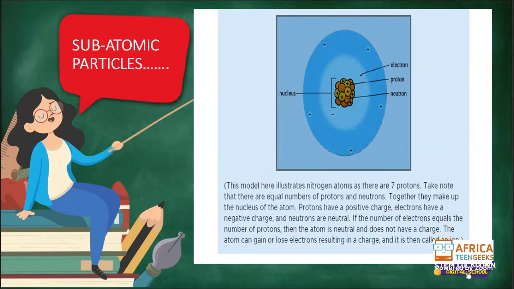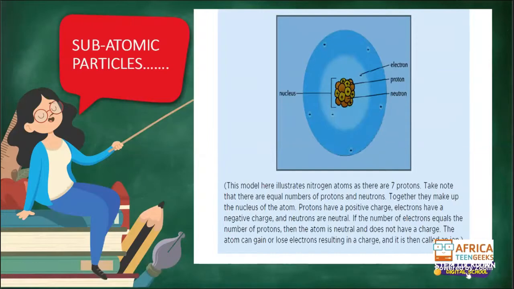This model here illustrates a nitrogen atom, as there are 7 protons. If we count the protons, we get 7: 1, 2, 3, 4, 5, 6, 7. Take note that there are equal numbers of protons and neutrons. So when in an atom we have the same number of protons and the same number of neutrons in the nucleus, then the atom will be neutral. Together they make up the nucleus of an